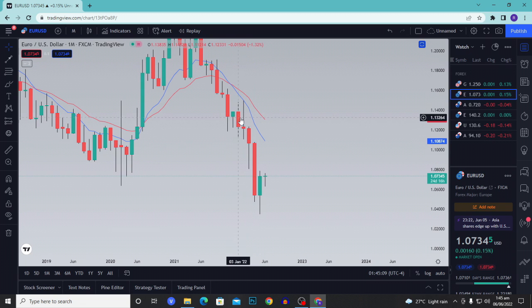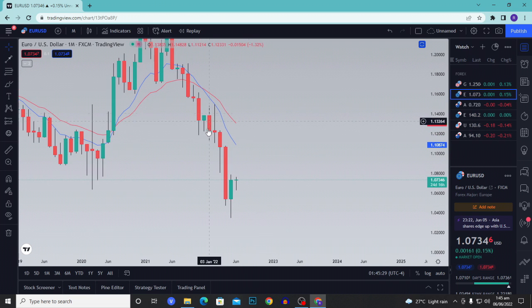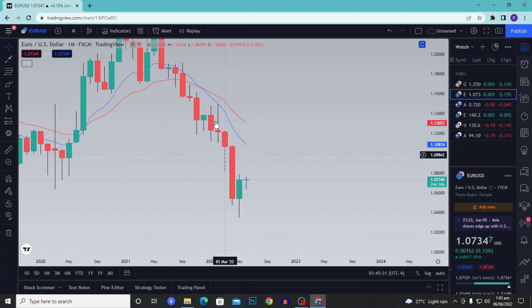Before that, we had 4 straight bearish candlesticks from the starting of the year all the way down until April. But just looking at this multi-time frame alone, we're not really able to see any pullbacks or any retracements in order to get a trade anywhere around here. But now if we go to the daily time frame now,